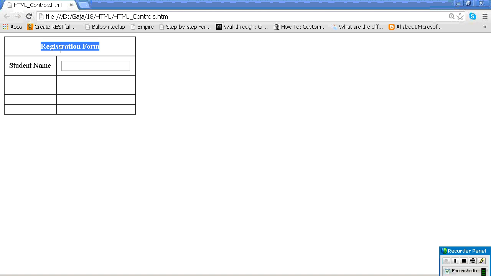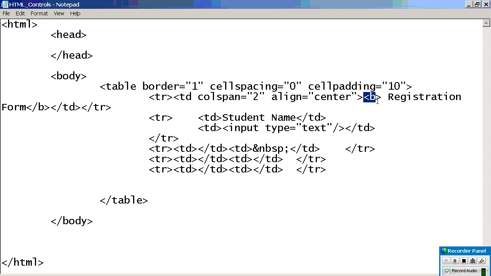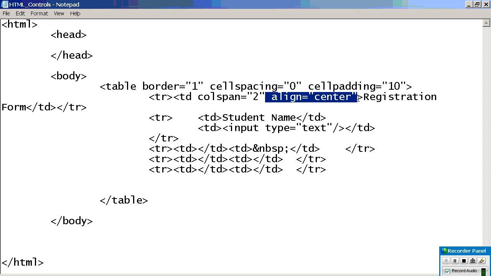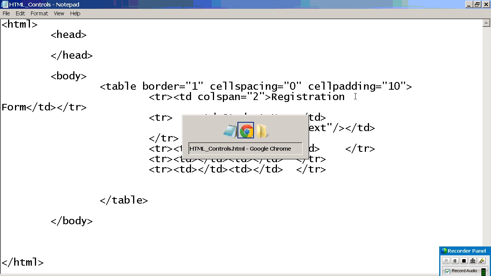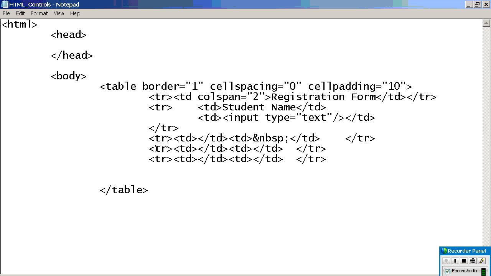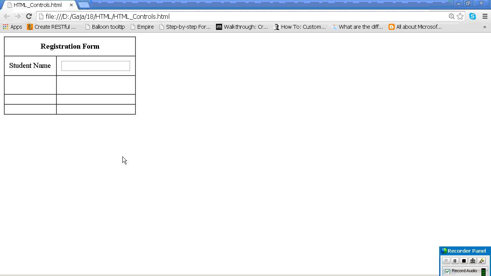So what is this registration form here? This is a heading for the table, right? Yes or no? So I want to make it bold and centered. So you are using two controls here, correct or not? Okay, just remove the bold. Then align equal to center. So it looks more normal. This I want to make a header. Then what you can do now, instead of TD, use TH. As I mentioned this tag yesterday, now both behaviors have been added into the control.